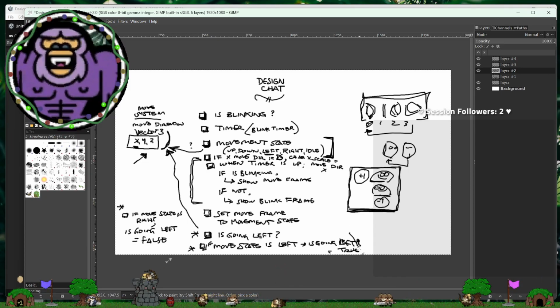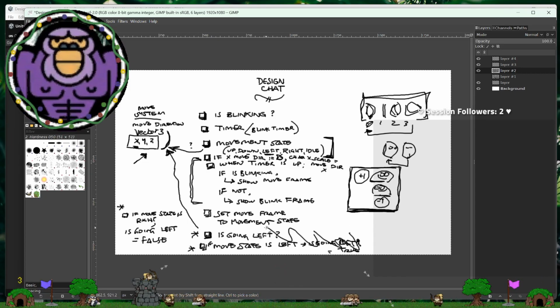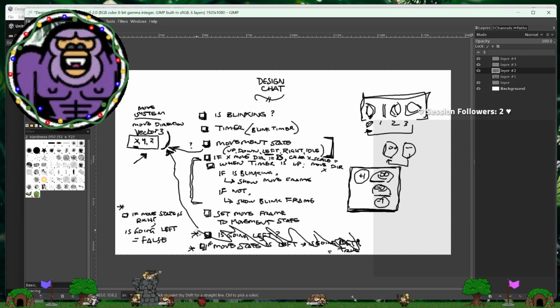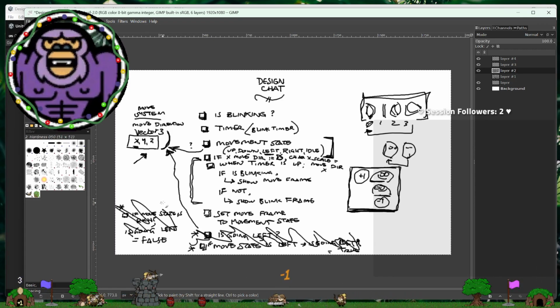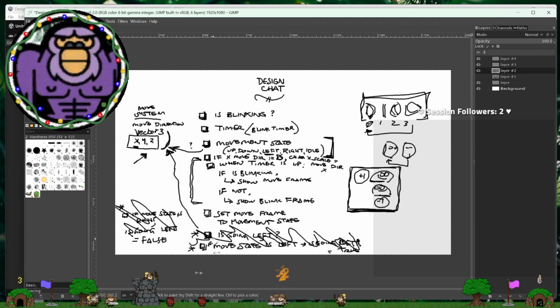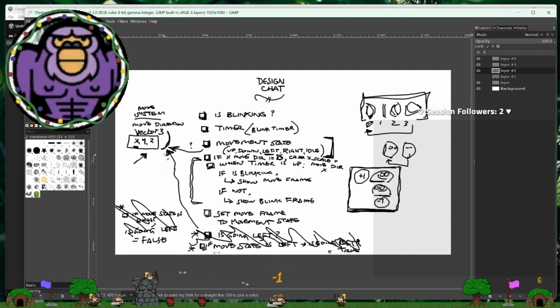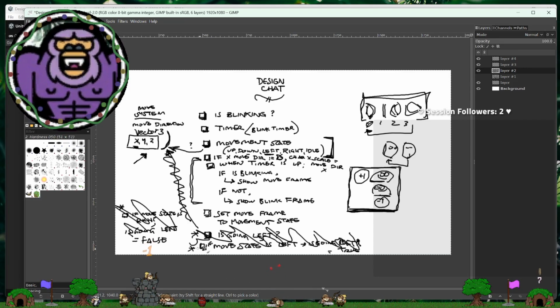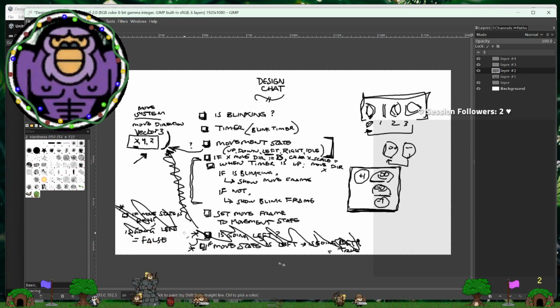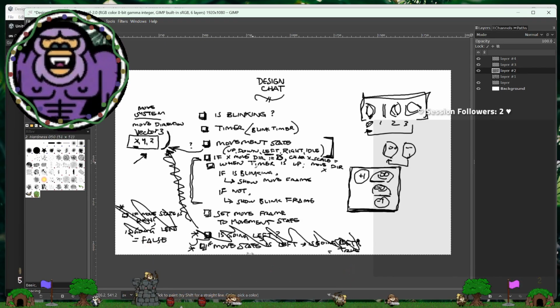So suddenly we don't need any of this. We actually don't need any of this if we use the character itself to remember whether we were going left or right. Okay. This means there's one rule now that we didn't have before that takes the place of a few rules we had. That should actually clean things up.